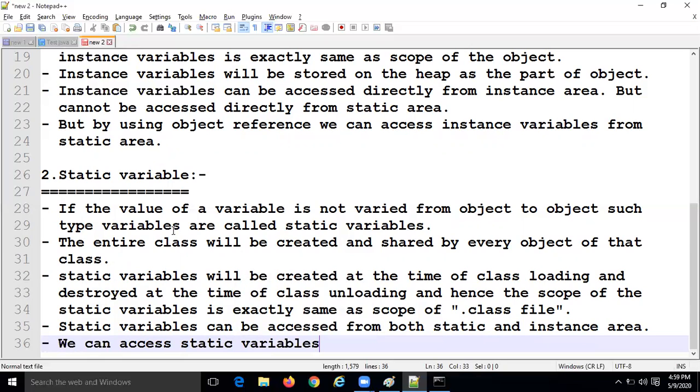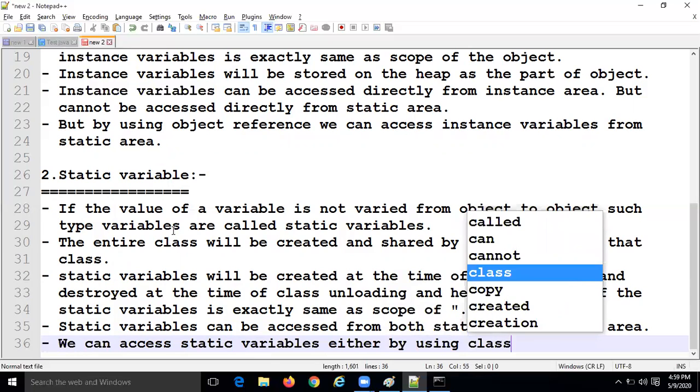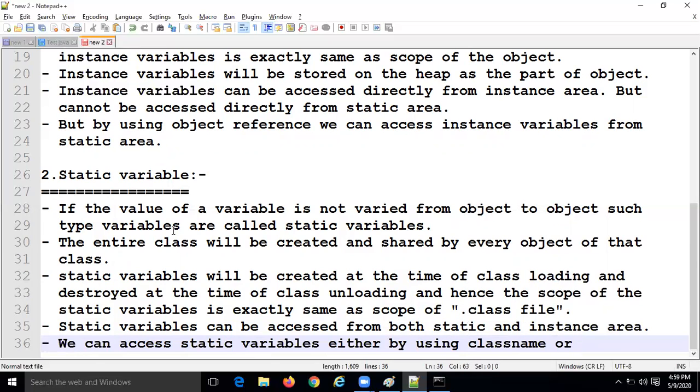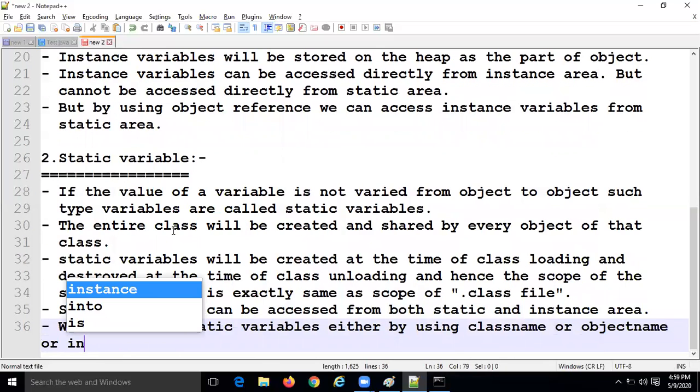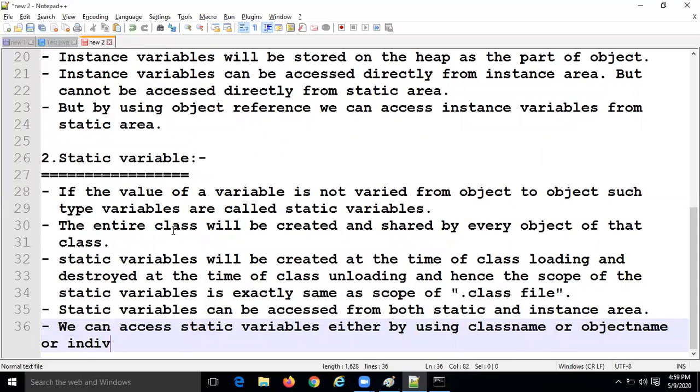We can access static variables either by using class name or object name, or individually, that is, without class and object also we can access it.